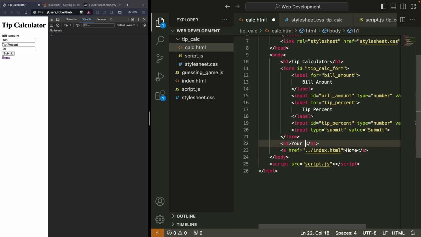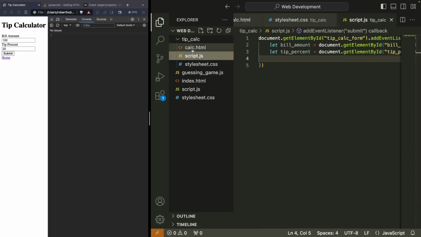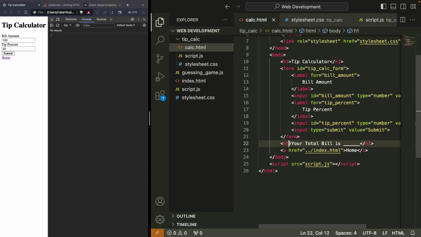And we'll say your total bill is, and for now, we'll start it off with just a blank underscore. But in our script, oh, we need to give it an ID so we can get access to it. So let's give this an ID, and we'll call this total